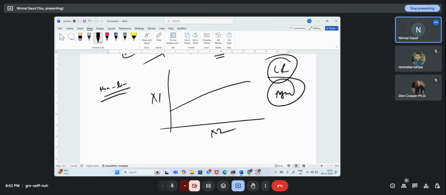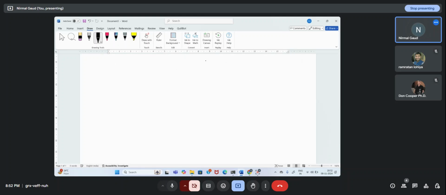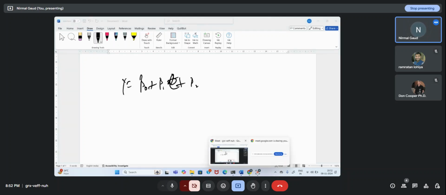We have converted the features into poly, and again we have used linear regression only. The equation which we have used is like linear regression only. You have written like this: y equal to beta naught plus beta 1 x square plus beta 1 x, and then next you have used